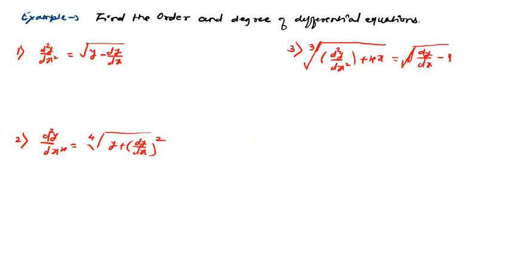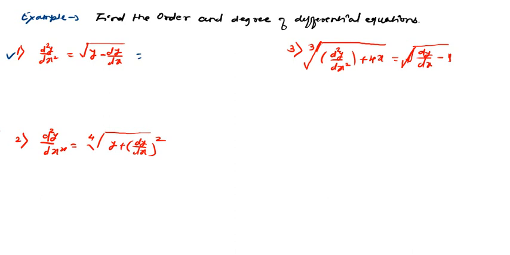So the first example is, what is the degree of this given differential equation? By the definition of order and degree, order is nothing but the highest ordered derivative involved in that differential equation, and the degree is nothing but the power of the highest ordered derivative, but the differential equation should be free from radicals and fractions. So if you observe example number 1,